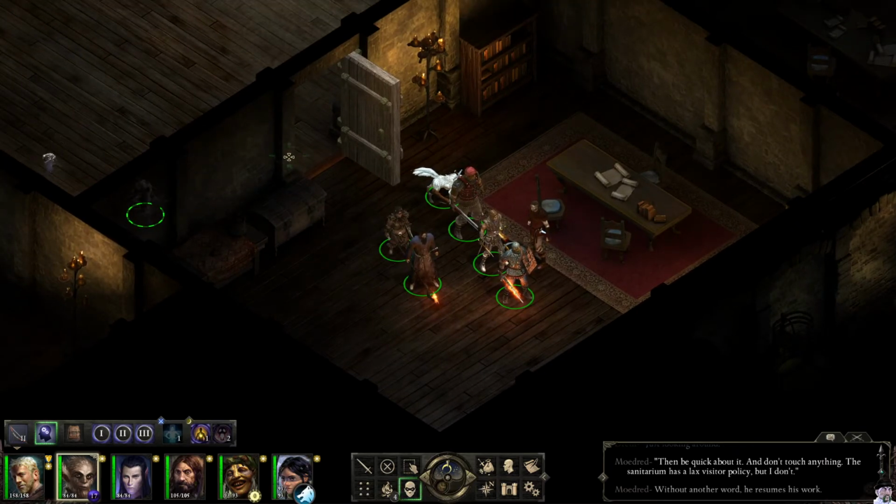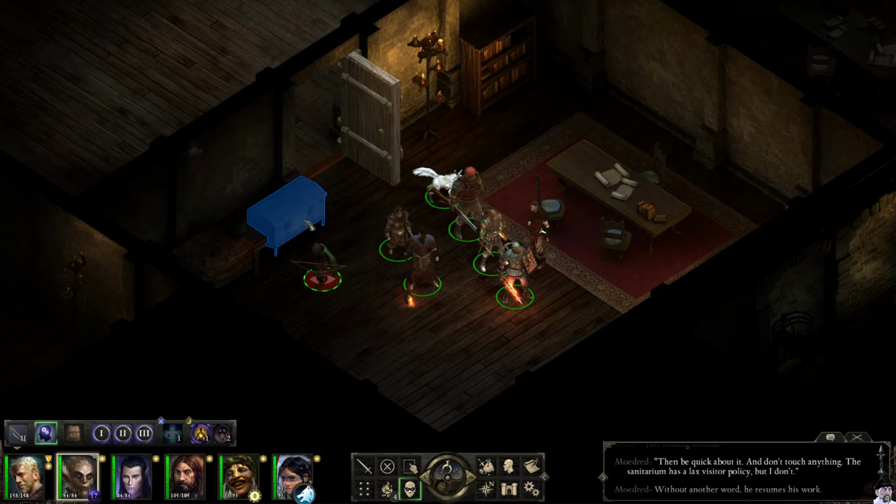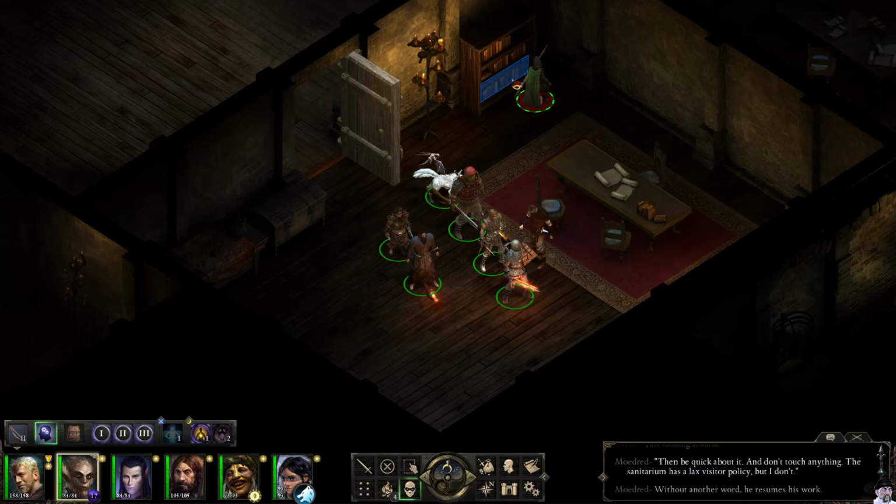I don't know if this actually works or not. I feel like it doesn't. No, it doesn't work. He sees me immediately. So, what am I looking for? I feel like I need to just kind of ask him, because I don't think he's gonna...